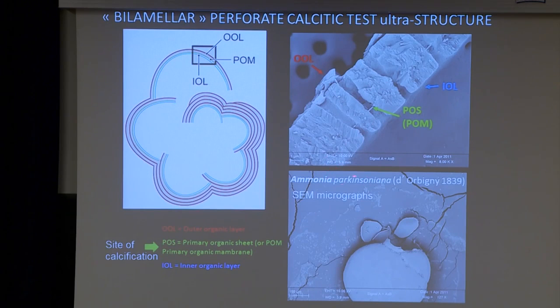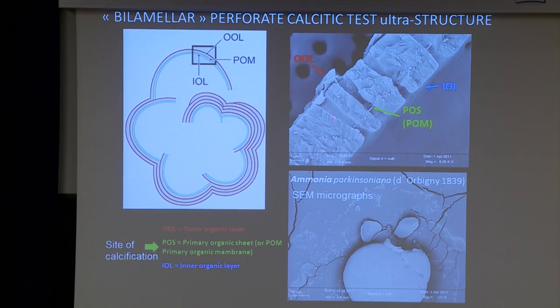So here you can see an inner organic layer that covered the inner part of the shell. This is the outer organic layer that covers the outside part of the shell. Here this thin line represents the primary organic sheet or primary organic membrane that represents the site of calcification, and in the opposite direction we have, it's supposed to be the calcification, the inner organic calcitic layer and the calcitic inorganic layer and the